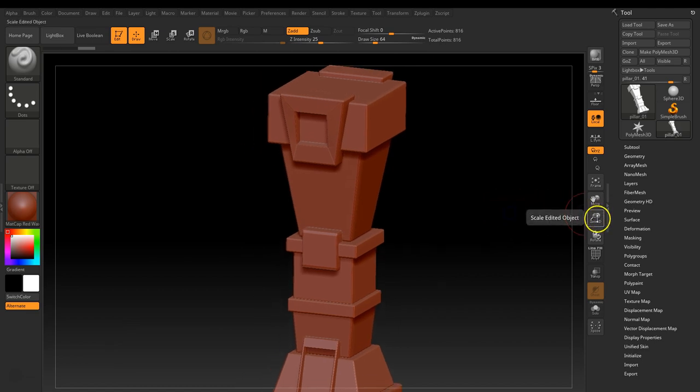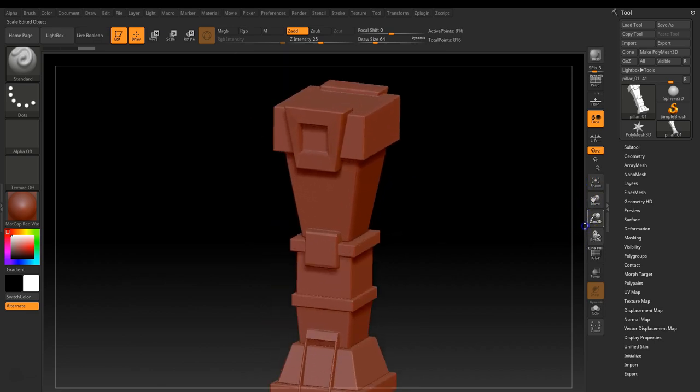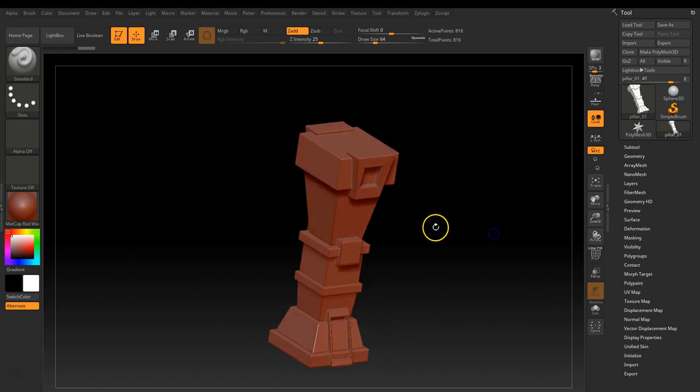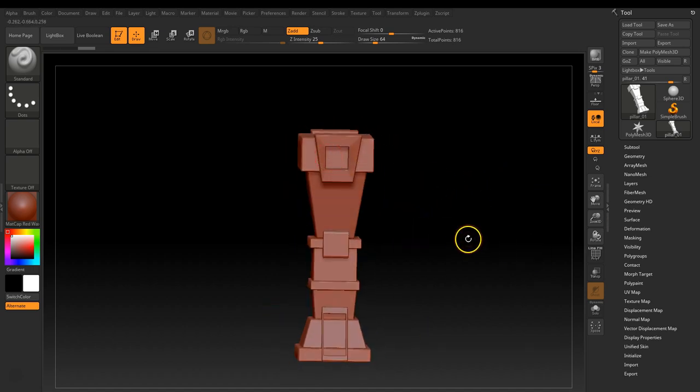But if you want to do that just using the button, you can use the Zoom 3D, and I imagine starting out this is probably going to be a bit easier for you. And rotate using that button, or you can use the left mouse button when you're not touching the object. The button below that is the